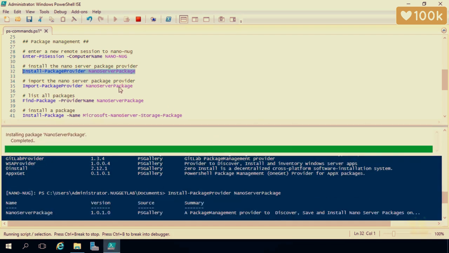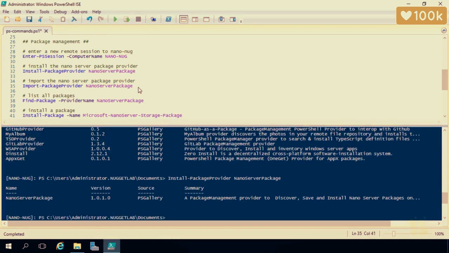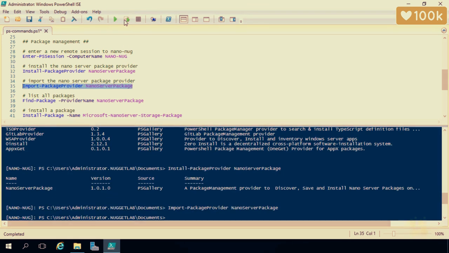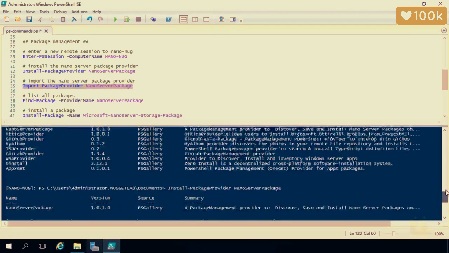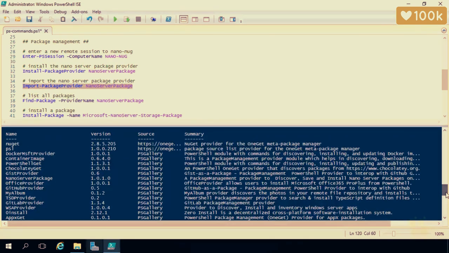The next step then is to import that package provider so we can use it. So I'm going to go ahead and run our next line of code there, and that will import it. And now we can access all the packages in that provider. And by the way, you can do a search of what these package providers provide as far as packages go